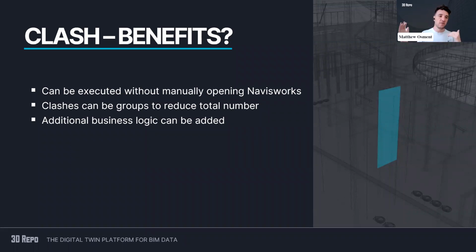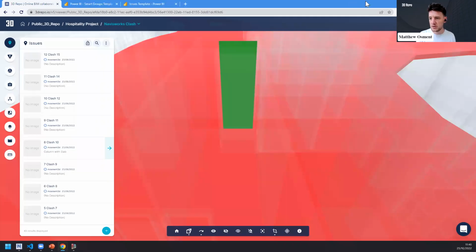So this is an evolving process. So we can get you started with our kind of off-the-shelf script that I've shown you today. And then you can start to build business logic out. And then hopefully across multiple projects, you'll start to really reduce the amount of manual handle turning that you're doing on these projects. And then another example that I just want to show you here is once you've got those,